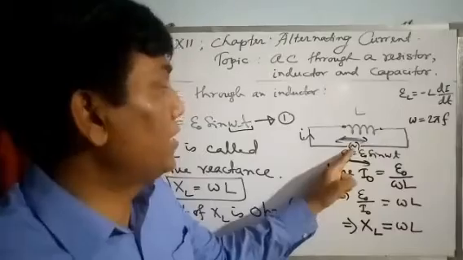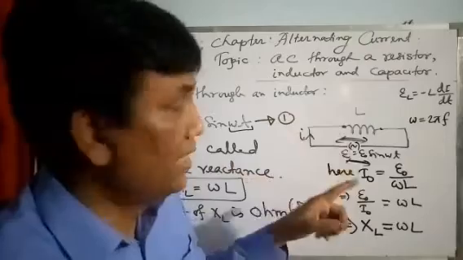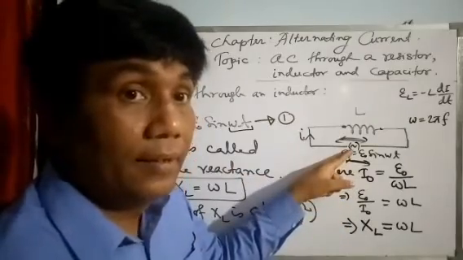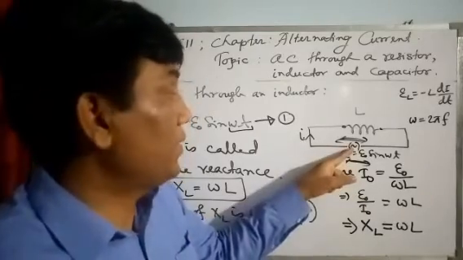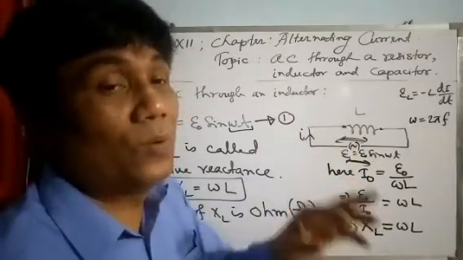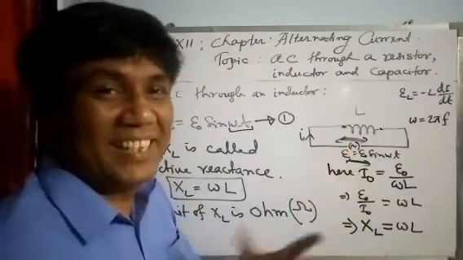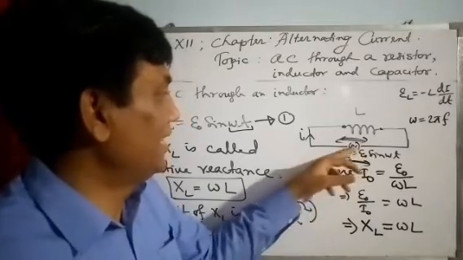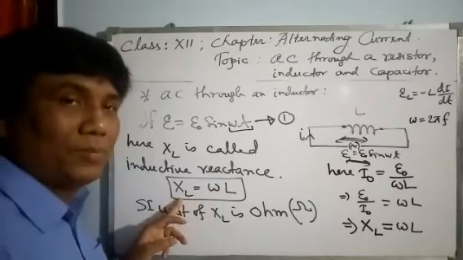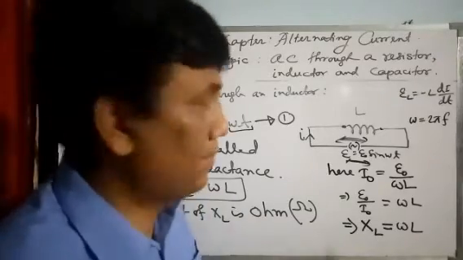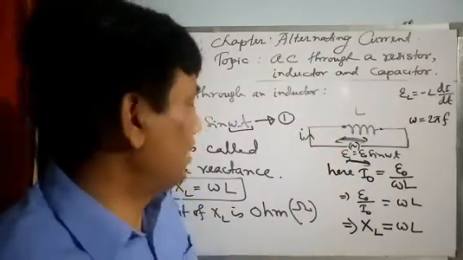If you keep on increasing the frequency of this source, the inductor opposition keeps increasing. If the frequency is infinity, the inductor opposition is also infinity. Are you getting my point? And if the frequency is 0, then the inductor offers no opposition. It will be like DC current. DC has no frequency. For DC, the inductor has no opposition. See, omega is 0, so XL will be 0, meaning opposition will be 0, then current will be maximum. In fact infinite, because resistance is 0 here, no other resistors are used. So this thing you need to understand.